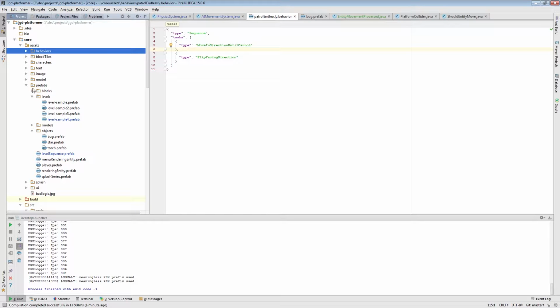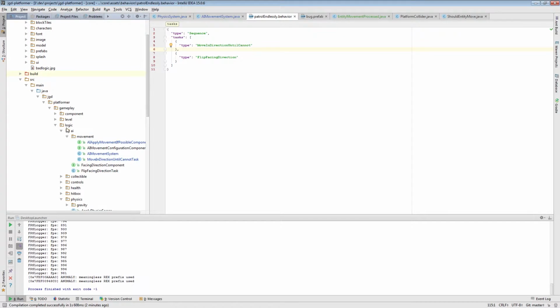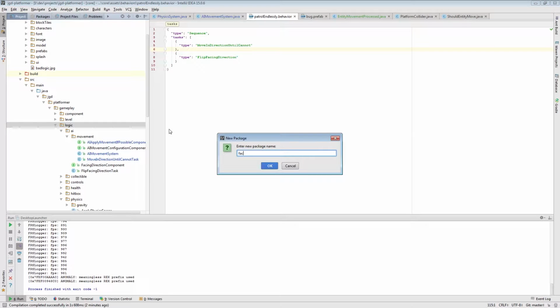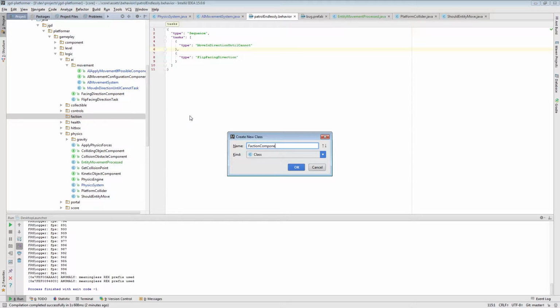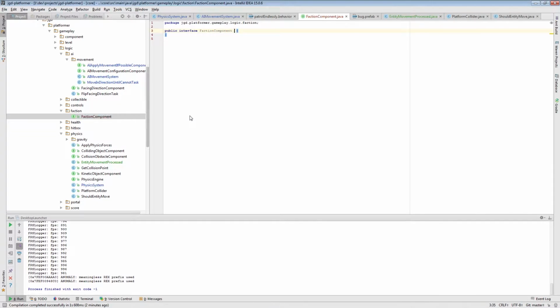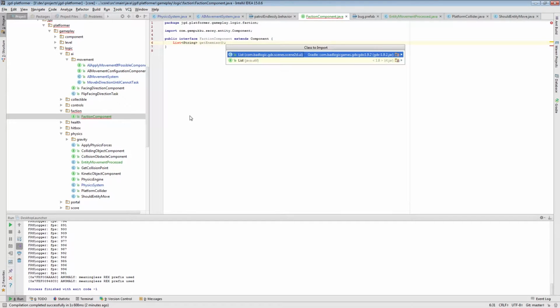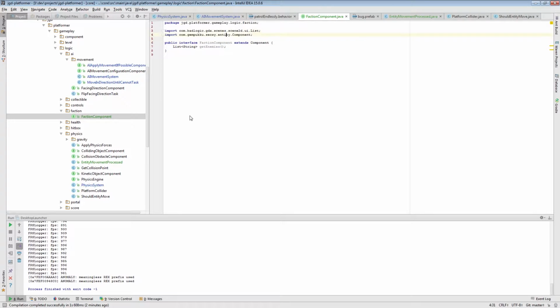And to do that, I'll add to the logic. I add a new package here. I'll name it faction. And I'll add two components. Faction component, which will define the faction, what properties one specific faction has, and the property it will have is enemies, a list of enemies. Not this list, the Java util one. Okay, and also name,